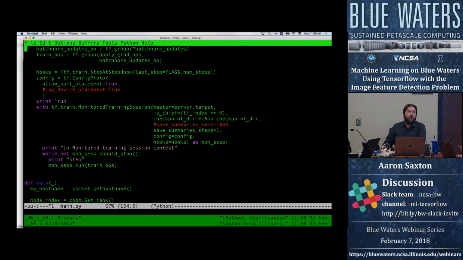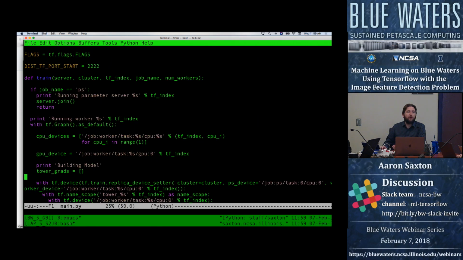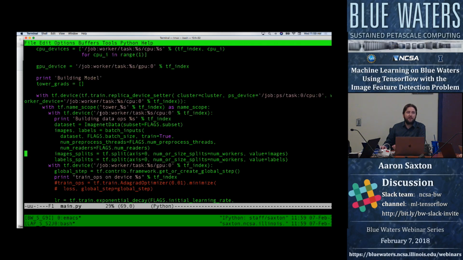Up in the train, this is where we do all the build a graph for the local worker. Well, it should be shared. That's magic that TensorFlow is doing for us with its mediator pattern. Specifying the specific devices, bouncing between CPUs and GPUs. So here's your example of the naming schemas to reference all the different pieces. Oh, device GPU, contrib framework, and